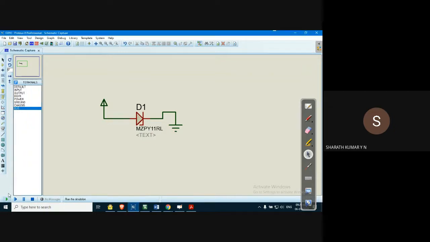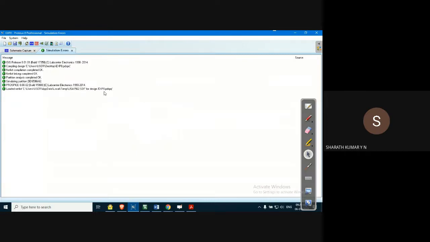So whatever we have done now, we can start simulating. Of course, I have not selected any component that is indicating LED. So we have a lot of LEDs, I'll show you that now. So click on simulate to start simulating. And once you want to stop the simulation, you can click on stop simulation. Okay, that will stop the simulation.